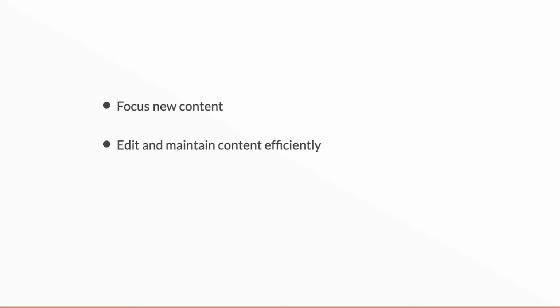And there's so many benefits when it's in that shape. So new content that you create will be focused because it's guided by a model, when you know what each content type needs. So in the system, you can make sure that all new content created meets user needs, it meets your guidelines, it's in the right shape, it's complete. It's much easier to edit and maintain content efficiently because you change something once, for example, a phone number attached to a person, and it changes everywhere, which means you've got higher quality and consistency. Because you've not missed one out by accident, which leads to consequences further down the road. You've got fewer mistakes, omissions.